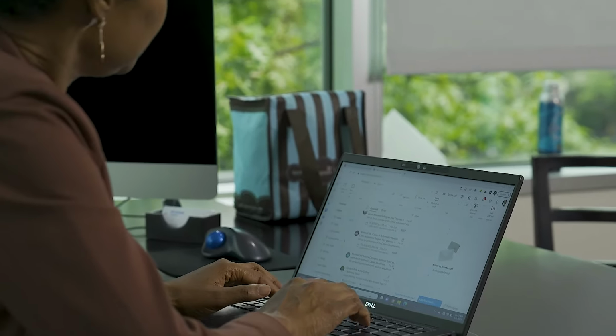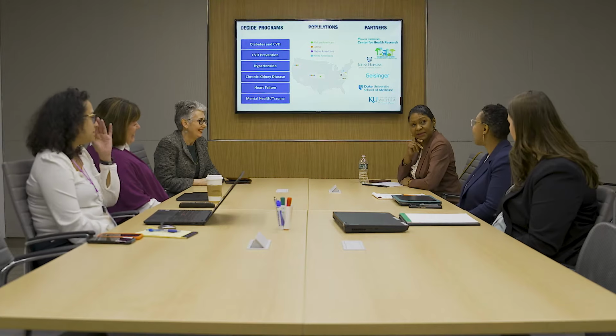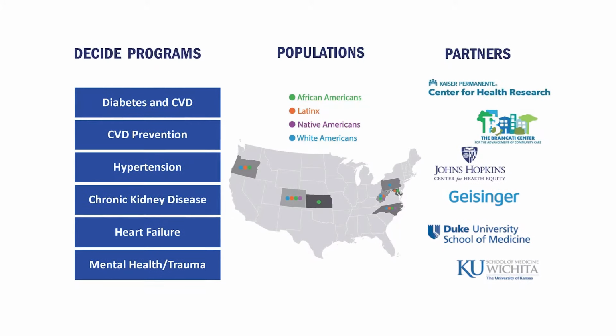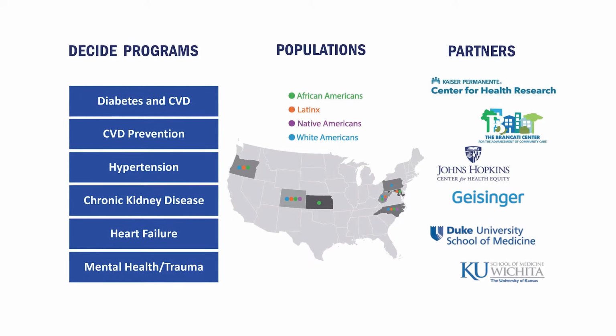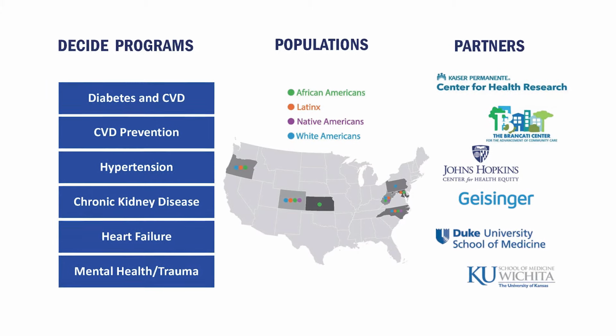But even once you have the information and you know what it is you're supposed to do, what's far more difficult is how you actually do all of those things and do them for a lifetime in the context of everyday life. The Decide Self-Management program is designed to bring to high-risk populations effective diabetes self-management training that changes behavior